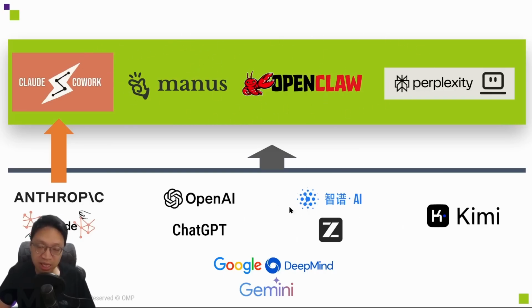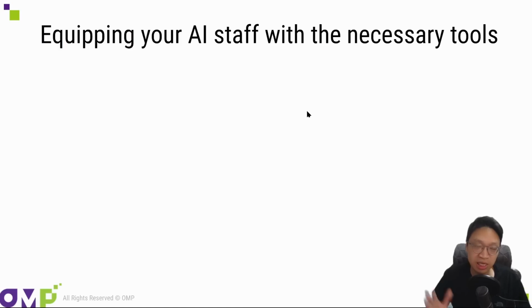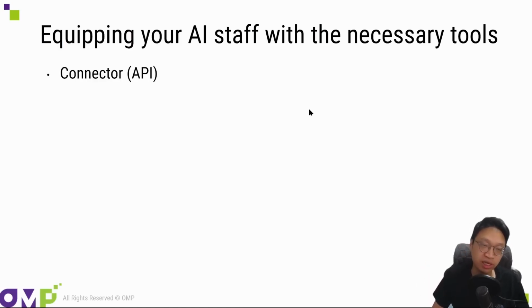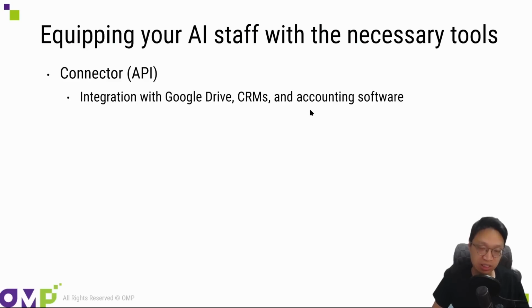Third, skills. Like hiring a colleague, many tasks repeat again and again. That is where skills help. A skill is an SOP, so tasks repeat reliably. Fourth is computer use. Browser use only controls the browser. Computer use controls the computer. It can open, move, and update files on your computer,